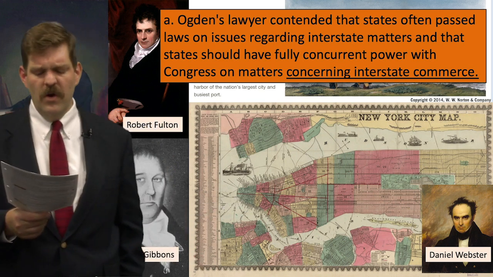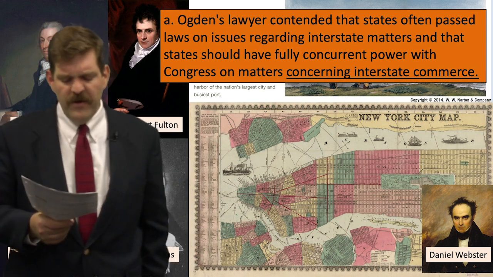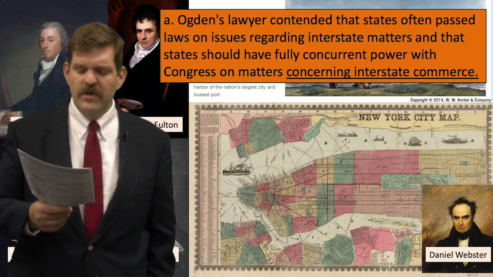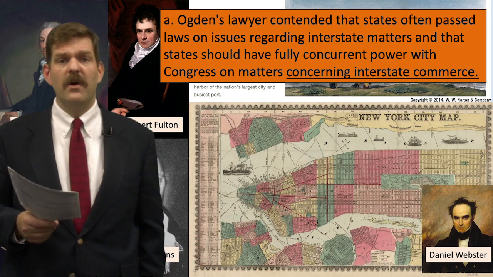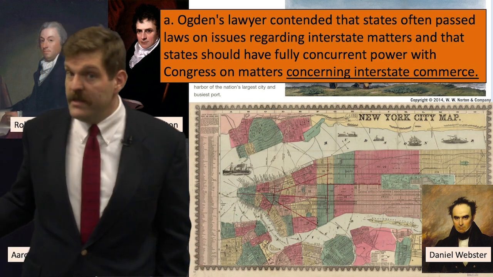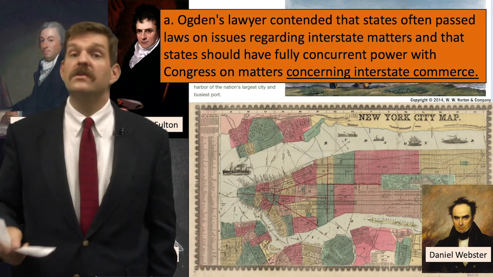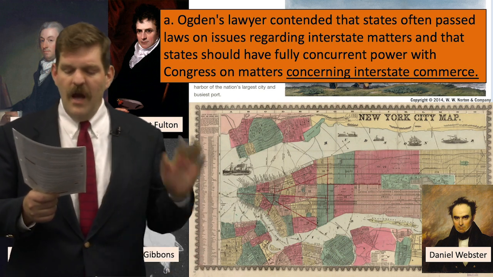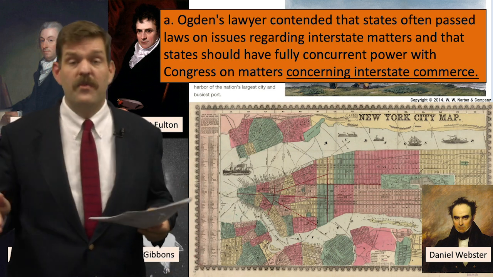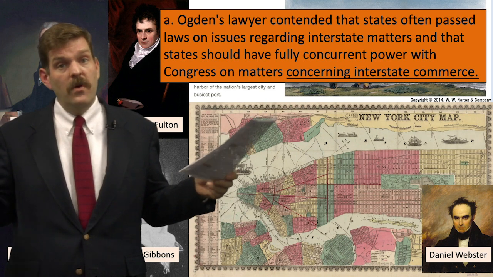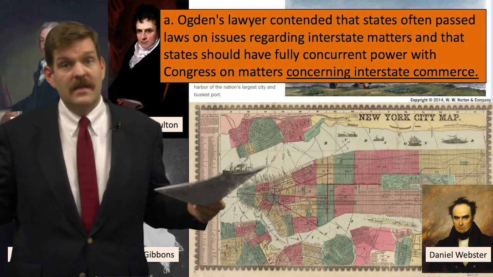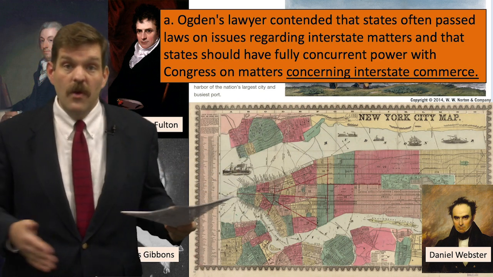The Court of Chancery in New York and the Court of Errors in New York found in favor of the Ogden case, and they issued an injunction to restrict Gibbons from operating his boats. So they said Ogden has the rights to that river, not Gibbons. So Gibbons appeals to the Supreme Court, and he says, okay, I didn't win in the New York courts, I'm going to go to the federal Supreme Court because this is obviously a matter of interstate commerce and we couldn't settle it here.